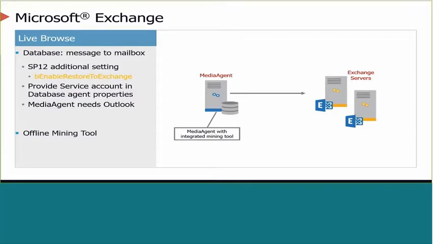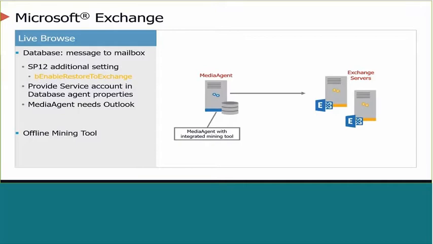Well, for those shops that have the occasional restore request, it may not be necessary for them to deploy the Exchange client and do granular backups and archives throughout the course of the year. Maybe they just want to protect the database, and that's it, and occasionally attempt to recover a message. Well, that might be the use case here. So you can do a live browse, mount that database up to the media agent, locate that item, and then recover it. Previously, we only supported recovering to either a message file or a PST,